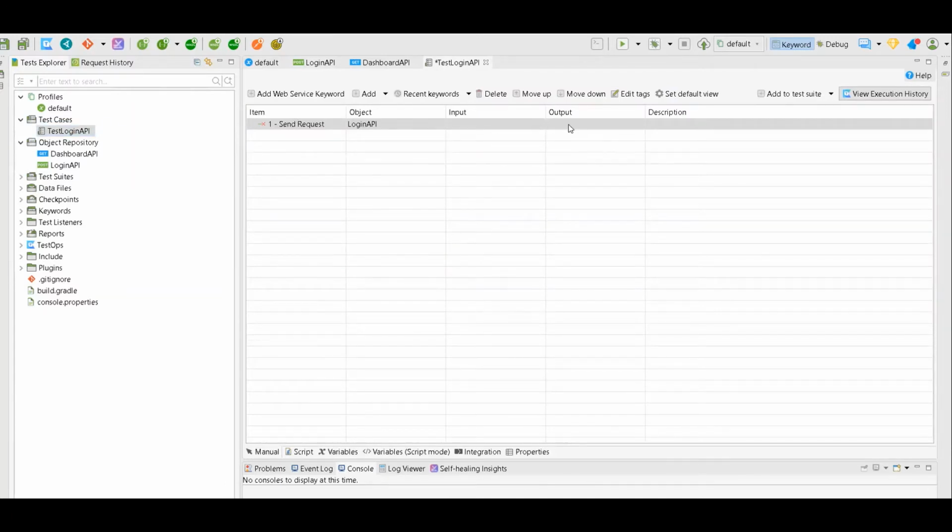So you have to double click on it. And let's say I will save it as login response and enter. Okay. I will give you in chat also. So what I'm doing is I'm sending a request on the object repository login API, and I'm saving the response in login response. Okay.